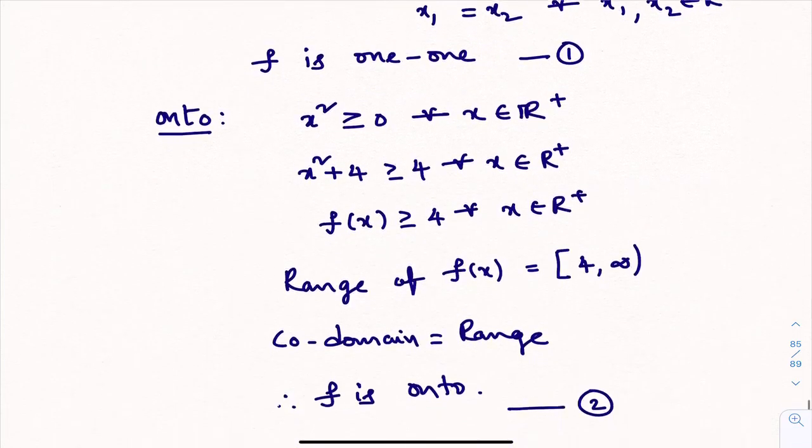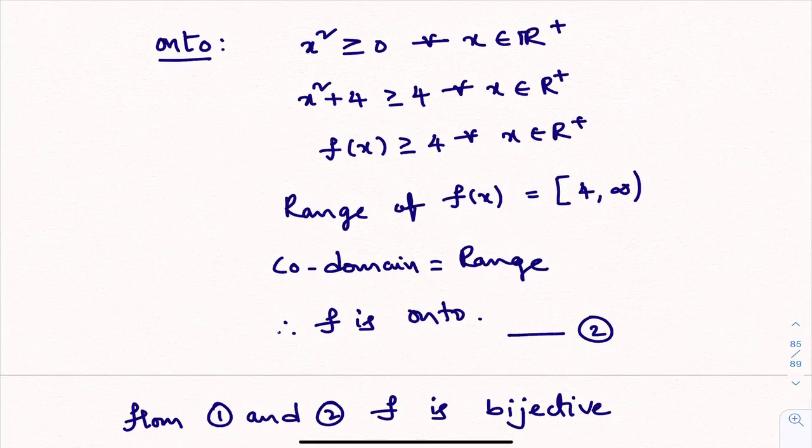Now we need to check onto function. Here one important point I want to say. Whenever codomain is the same as range, then we say that the function is onto. So what I am trying here is to find the range of the given function. This is the easy way of doing this problem. That's why I've chosen this method for proving the function is onto. The point I am trying to say is, to prove the function is onto, if you can say that codomain is the same as range, directly we can say that the function is onto.